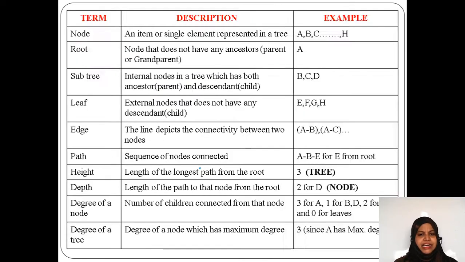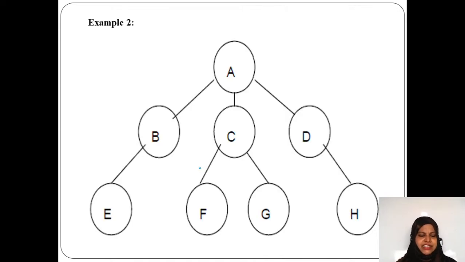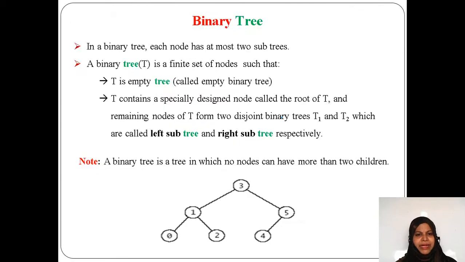Now in the previous example, this tree consists of node A, and B, C, D are the children of A. For this B, F is the child. For this C, F comma G are there. For this D, H is there. This A node consists of how many children? Here B, C, D. 3 children are there, right? Now binary tree means every node consists of only 2 children. Remaining properties are the same, just like a tree.